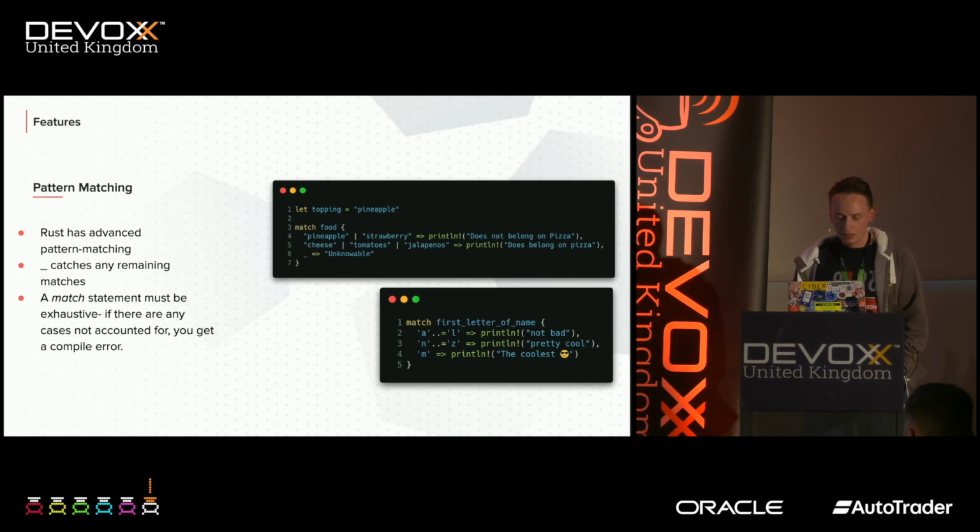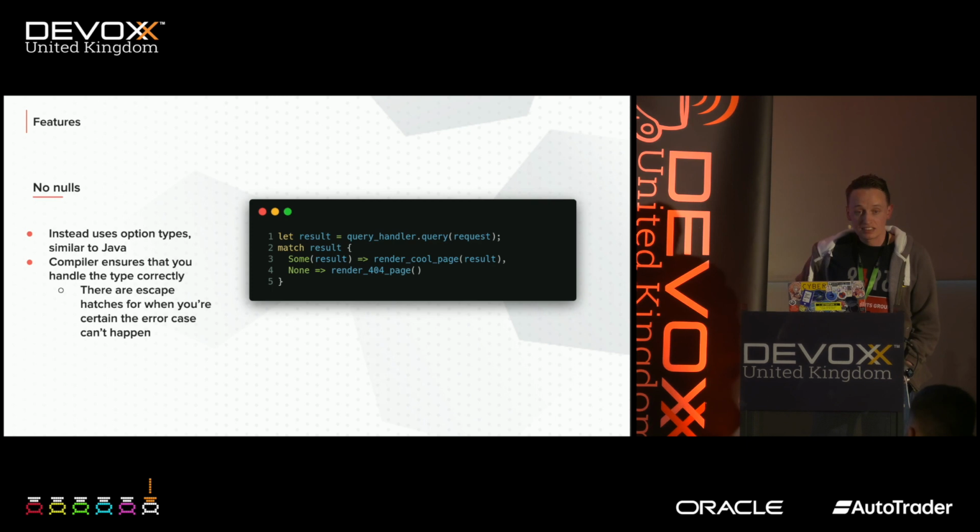Oh, and pattern matching is ensured to be exhaustive by the compiler, which is quite an important factor. So if you were to match on an enum and then later add a new variant to that enum, the compiler is going to warn you, or well, actually error in every instance where you're matching against that enum, to tell you you haven't included this arm that needs to be here, you haven't accounted for this possible use case. Which again is a big part of the safety and robustness features of Rust.